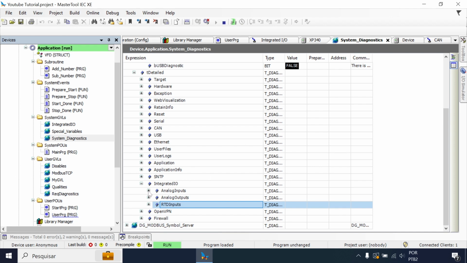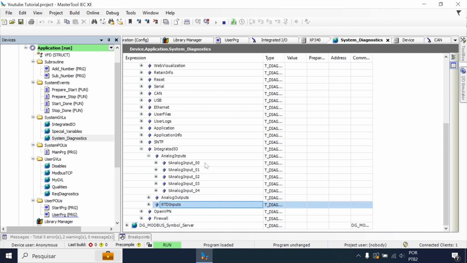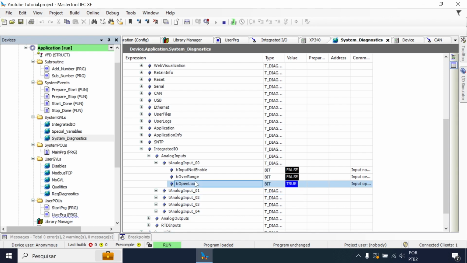Okay, so now let's expand our analog inputs. Here I have my 5 analog inputs: AI0, AI1, 2, 3, and 4. If I go right to my analog input 0, you see that I have an open loop variable which has a true state, meaning that this analog input has an open loop, which we know because we configured this analog input to work as 4 to 20 milliamps, and I don't actually have an instrument attached to